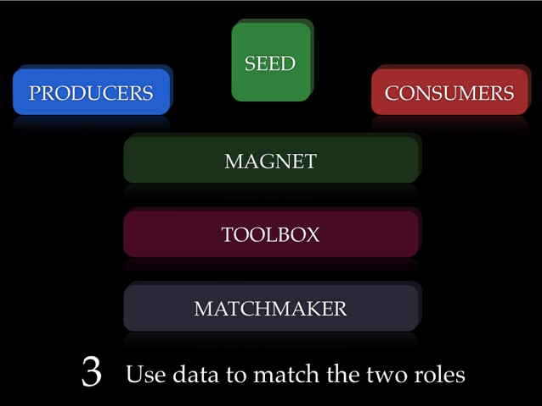The third thing is that because the internet is such a huge place, if you're remotely successful, you're going to have millions of producers and millions of consumers. So the key value that you generate is your ability to effectively match the producers and the consumers with each other. And that's where data comes into the picture, because that's where platforms enable this matchmaking function at a really